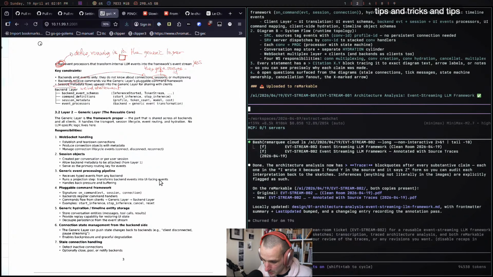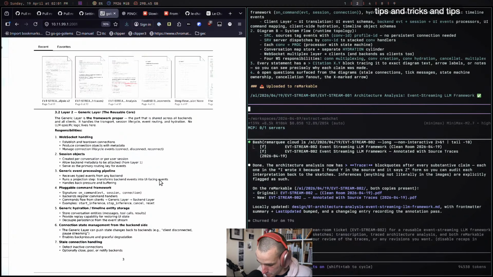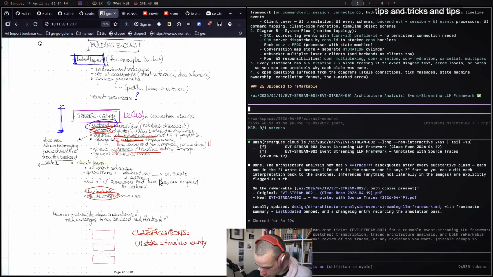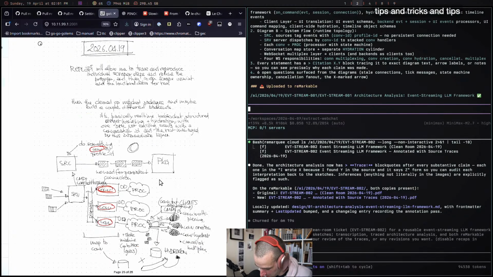But also, the diagram we used to do this doesn't really explain this, right? It has the processors here, which are these guys. It doesn't say that they're running inside the generic layer. Nothing here says that this is the generic layer, even though I knew it, right?